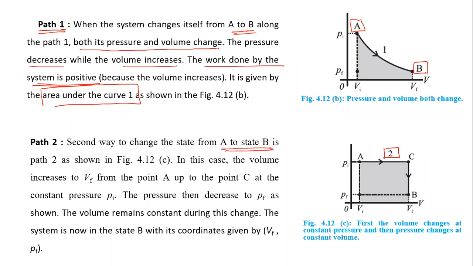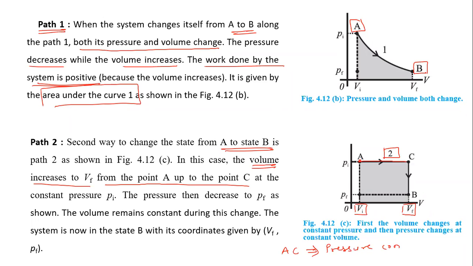In this case, you can see here volume increases. This is the initial volume Vi, and up to C it increases to Vf. From point A to C it increases at constant pressure. But the pressure from A to C is what? Pressure is constant. In this region, pressure is constant